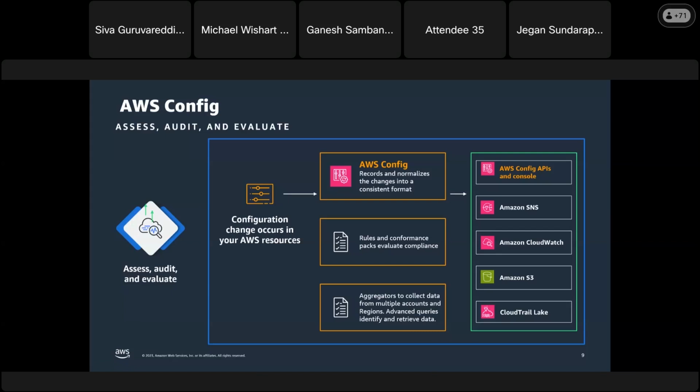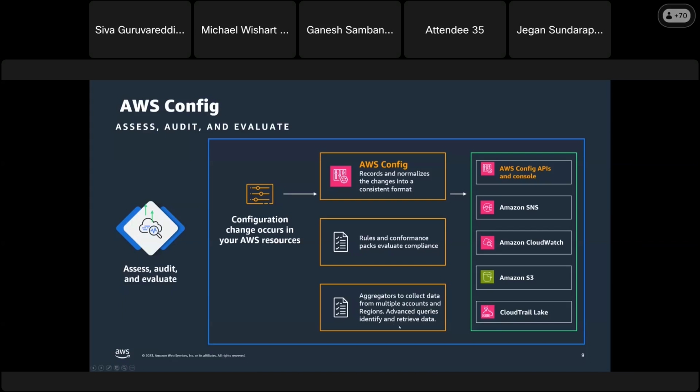Config is also connected to various other services such as SNS, CloudWatch, S3, and CloudTrail Lake. This enables you to be notified when things go out of compliance and to compile a list of things that are compliant or non-compliant, so you are able to achieve that level of information as well.